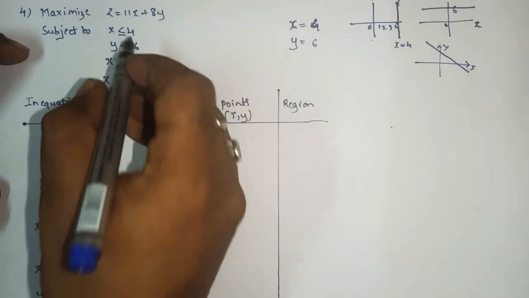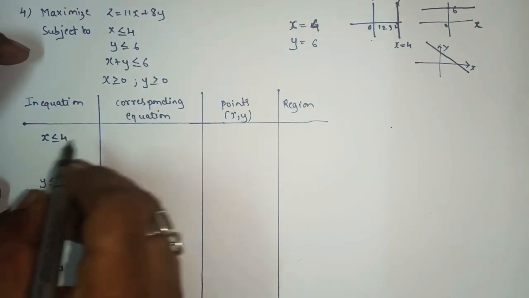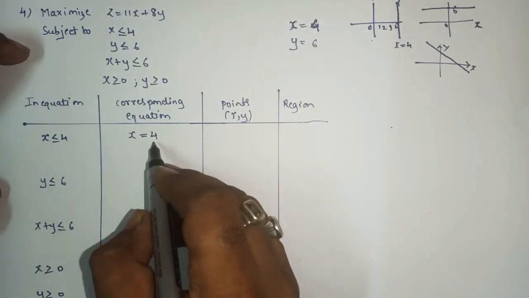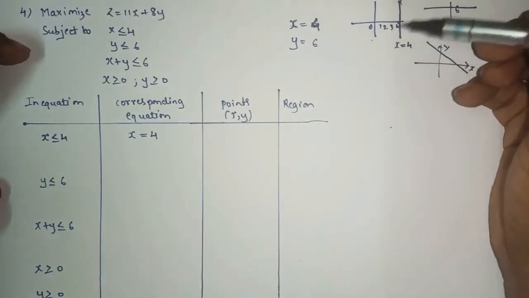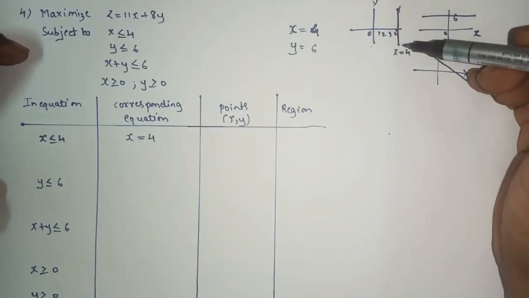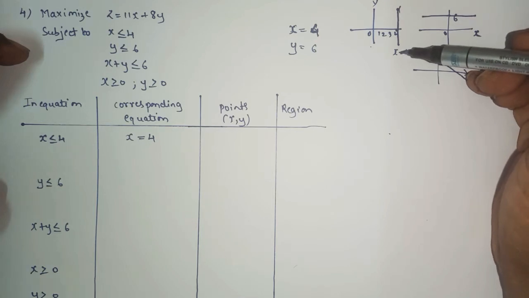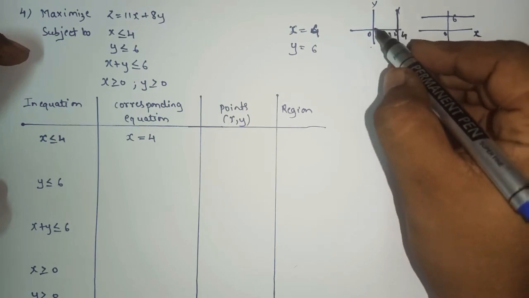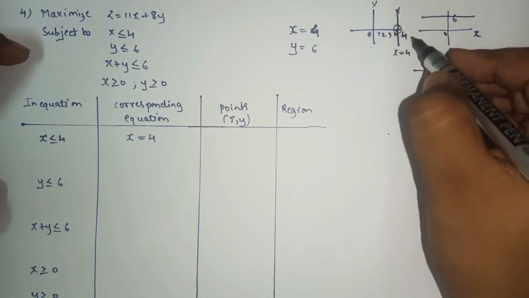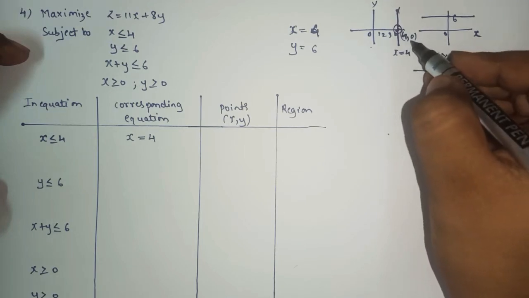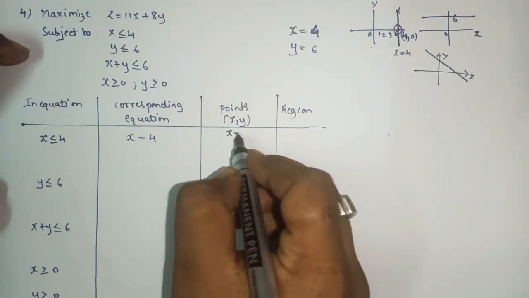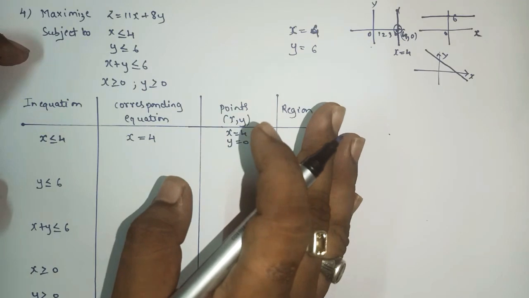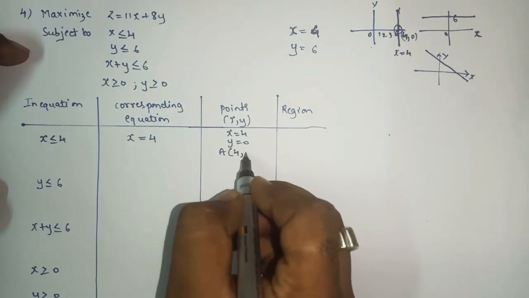Okay, so now the first linear inequation is what? X less than or equal to 4. We will convert this into an equation. X equal to 4 means what? It is a linear equation in one variable. Just now I explained that whenever we have x equal to something, it will pass through x, it will pass through 4 but it will be parallel to y. So can I say here the point will be what? 4 comma 0. That means x will be 4, y will be 0. Understood? So here we got the first point, that is 4 comma 0.